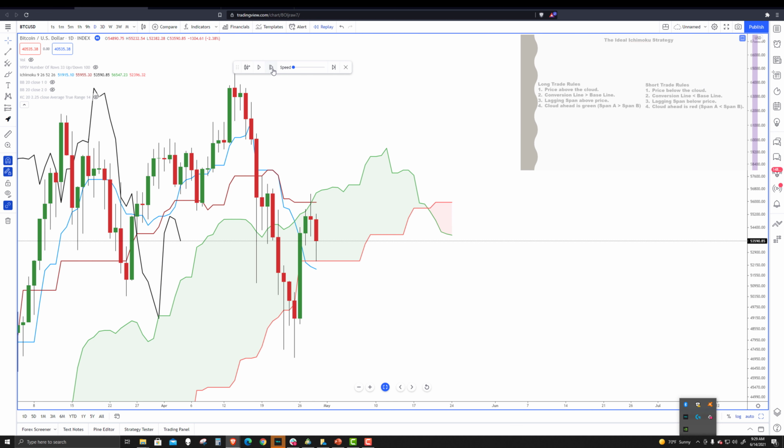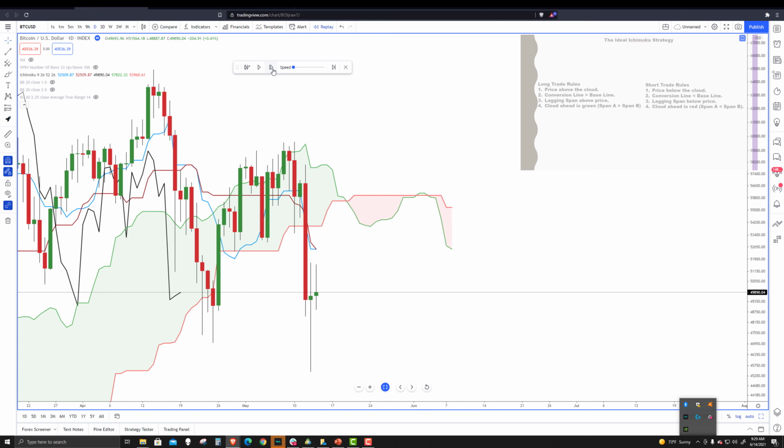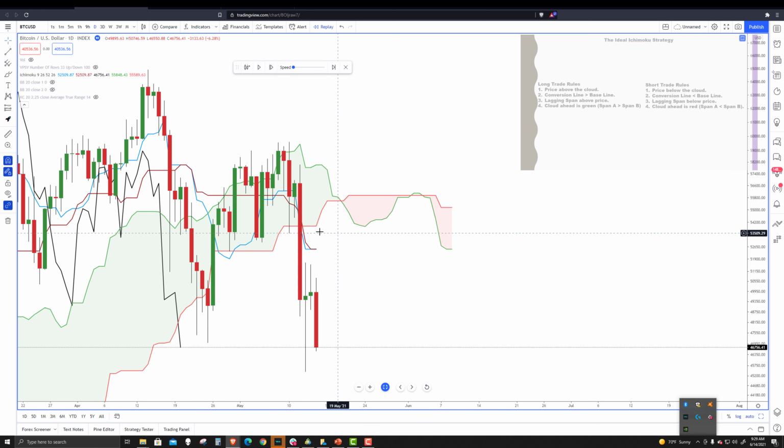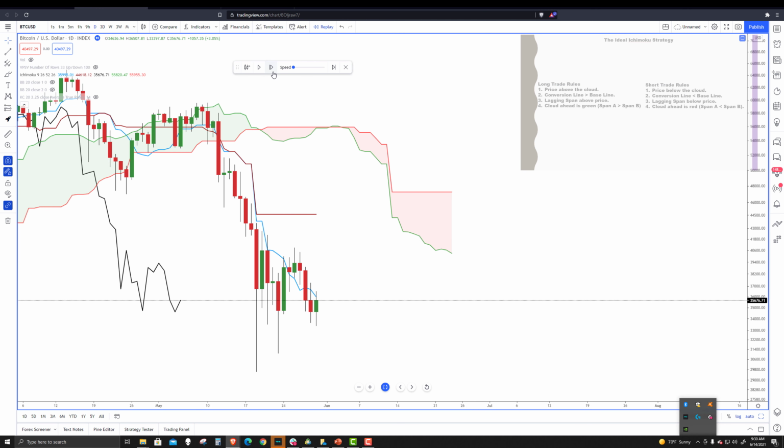And so that's something to pay attention to. As we're moving on here, we got back in the cloud, would have got stopped out maybe. But here, anytime around there, that was another opportunity for an entry. The conversion line's equal with the baseline, but moving lower. Span A is below span B in the future. Lagging span's below the candlesticks. Price is below the cloud. All good examples of a short opportunity using the